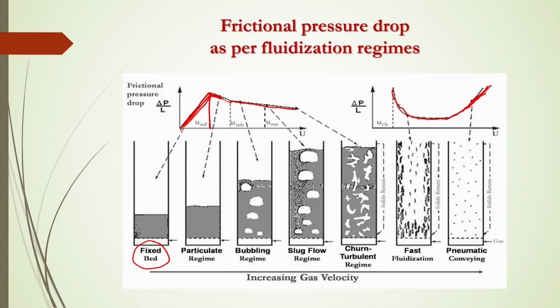So from this figure, how frictional pressure drop will change with respect to the flow regime map can be easily understood. And it is seen that frictional pressure drop will decrease with the gas velocity or liquid velocity, whereas for pneumatic condition it will be the reverse order,